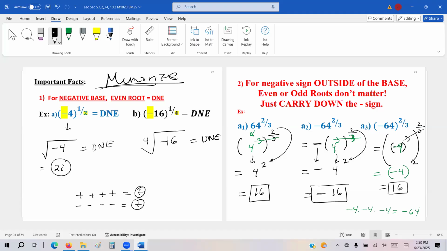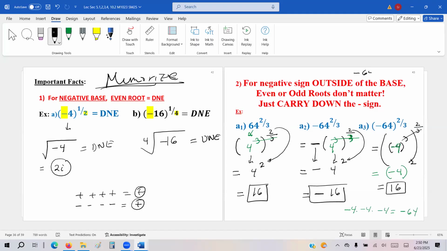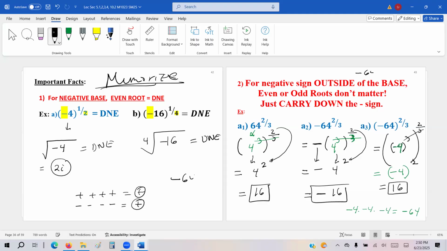For example, if the answer was negative 64 to the 1/2. So your denominator is 2. So what is your goal to find? Same number multiplying how many times? Twice. So can you find a number that multiplied by itself twice turns into negative 64?